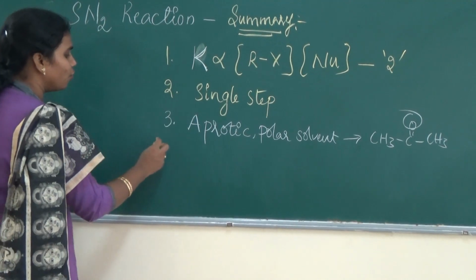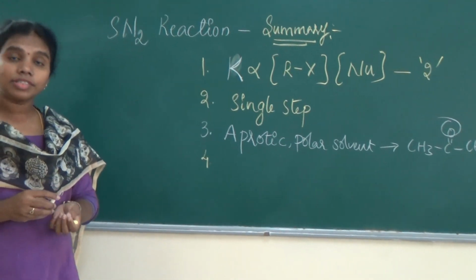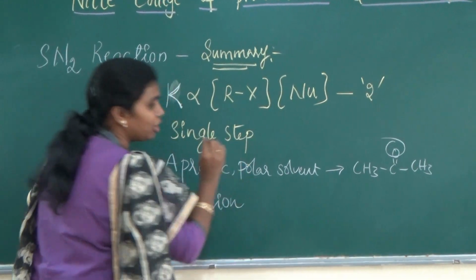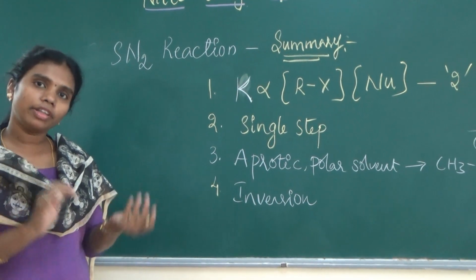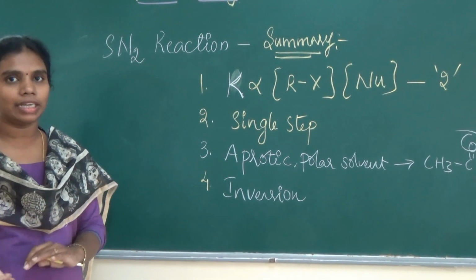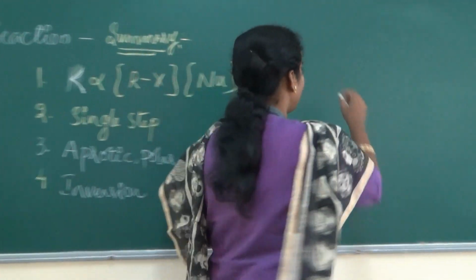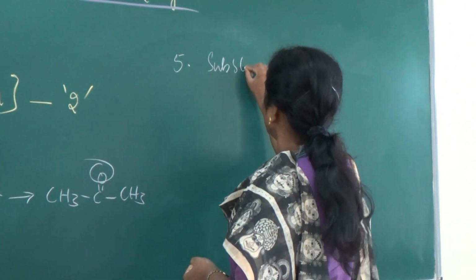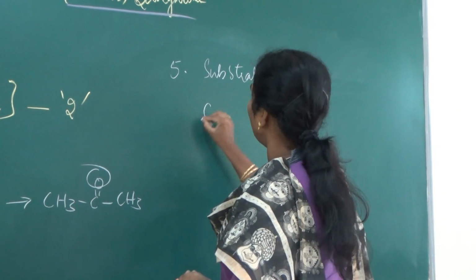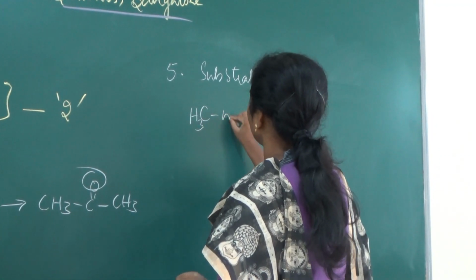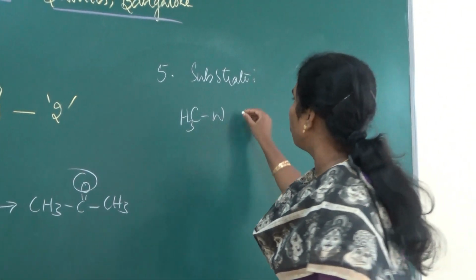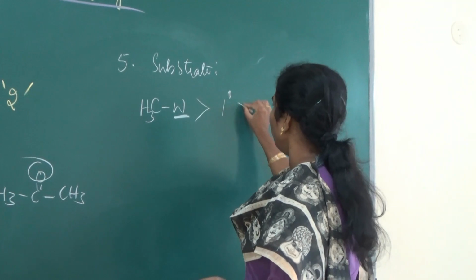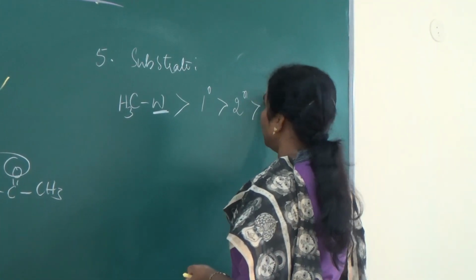So this is the fourth important point. And coming to the stereochemistry, what is happening here? Inversion of the configuration is taking place. So S is becoming R. Whatever compound you take, an optically active compound, it is changing its configuration. And the next point is the substrate reactivity. So when you go with the substrate reactivity, what happens? The compound which does not contain any bulky groups is more reactive. W represents a withdrawing group or leaving group, and then primary compound, secondary compound, and tertiary compound.